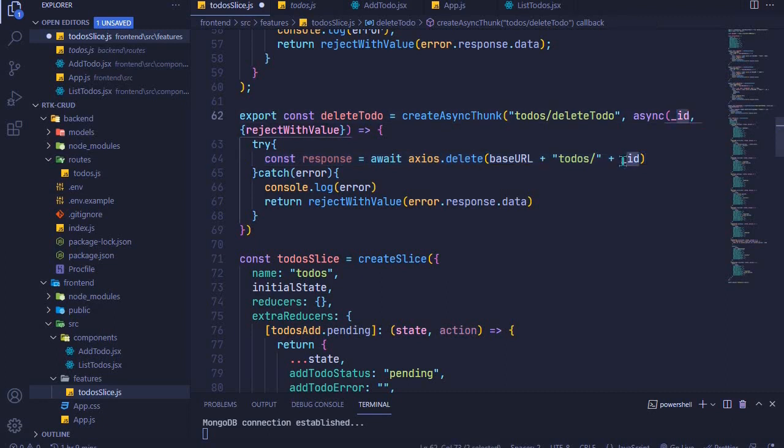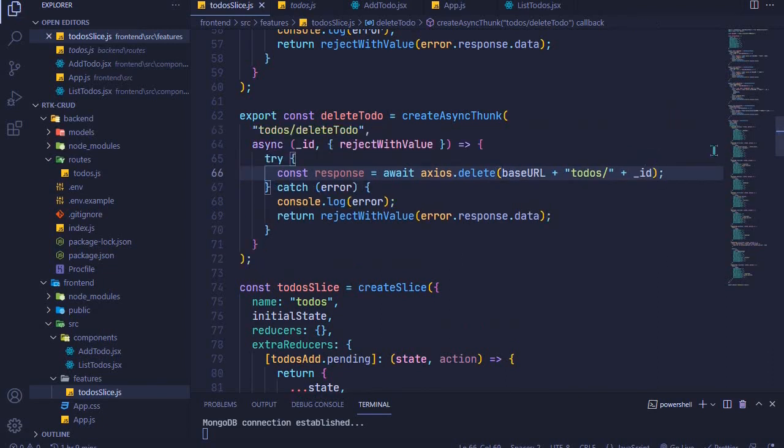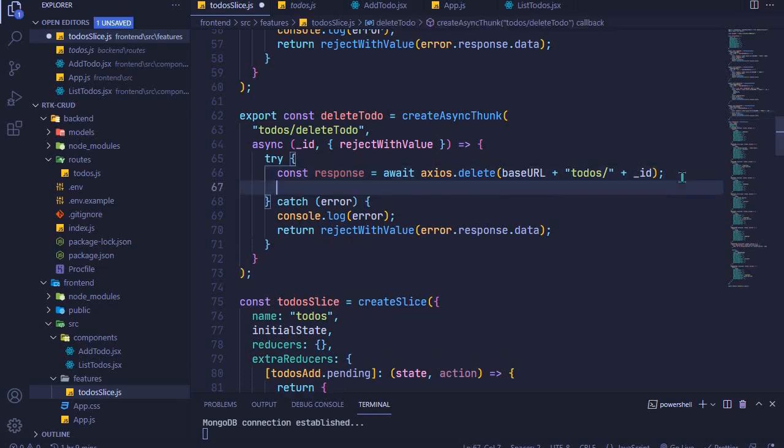This _id, we make use of it right here. Okay, cool. So for the delete request, we just need the path, but the path should have that particular ID of the to do that we are trying to delete. So I will save that, and now one more thing, we need to return